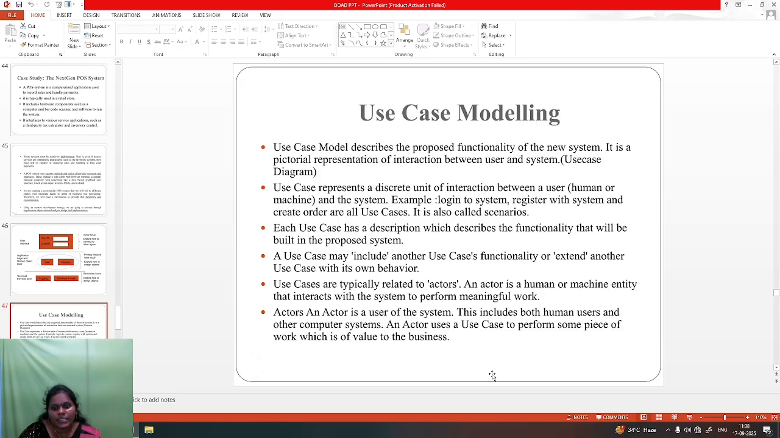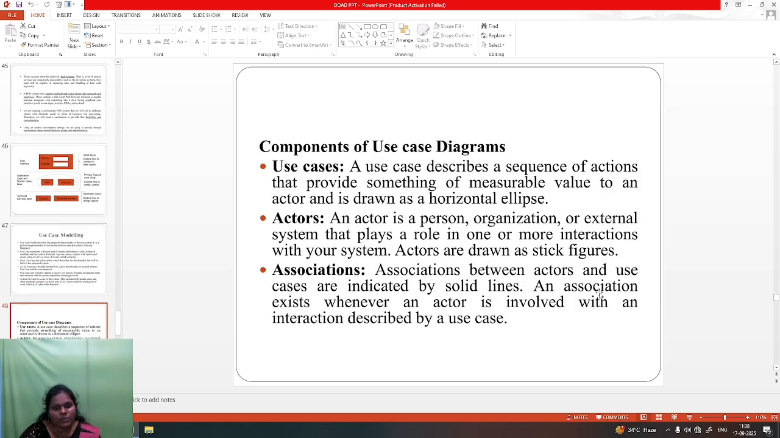Each use case describes a function that will be built in the proper system. A use case is typically related to an actor, a human or machine entity, interacting with the system to perform meaningful work. Components of the use case diagram. A use case describes a sequence of actions that provides something of mutual value to an actor and is drawn